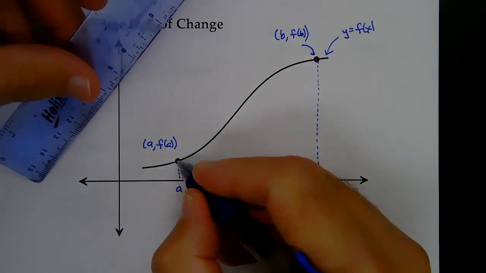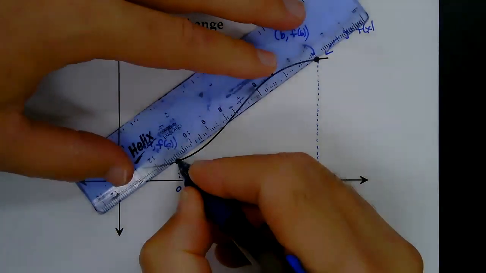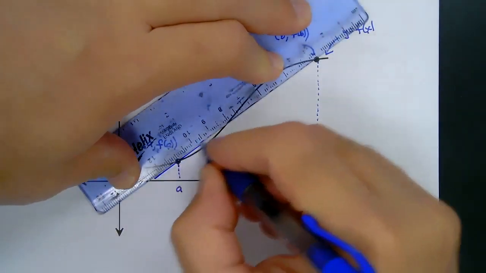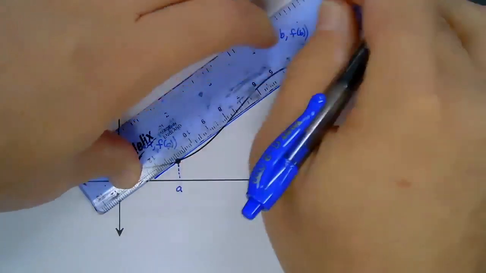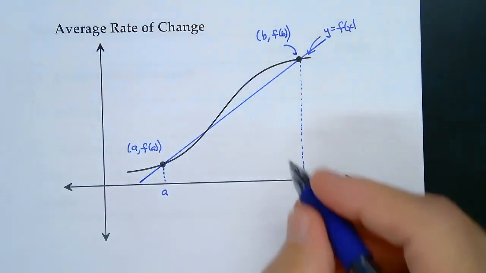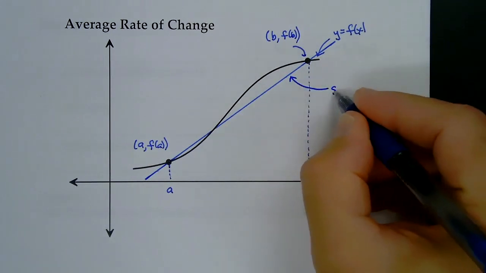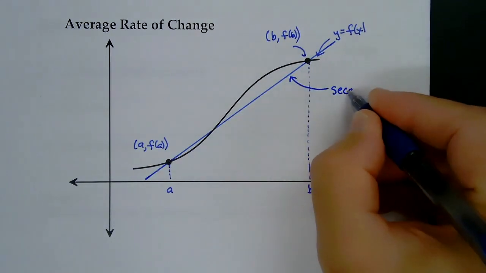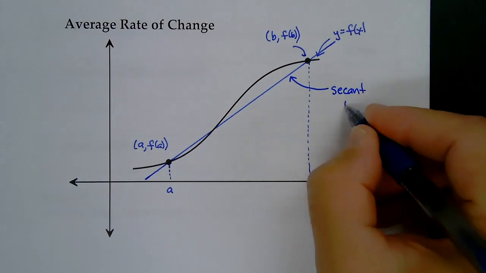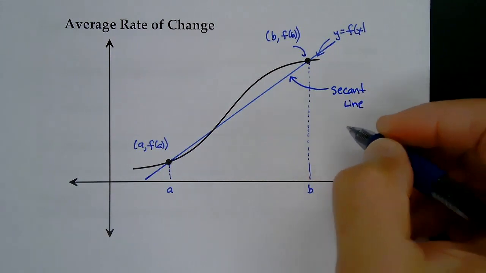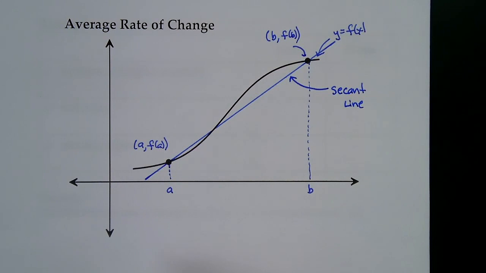So I'm going to draw this line, and there's a name for this line. This line is called a secant line, and so we can find the slope. We would call it the secant slope,